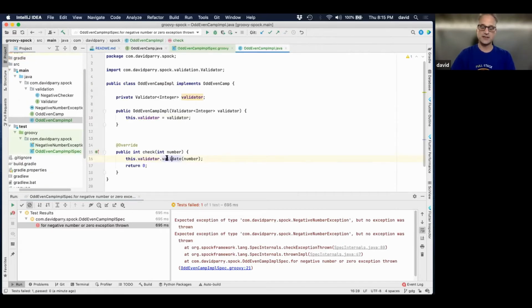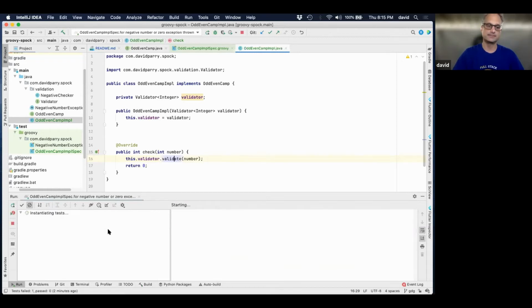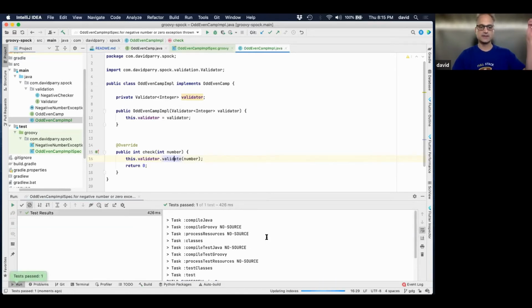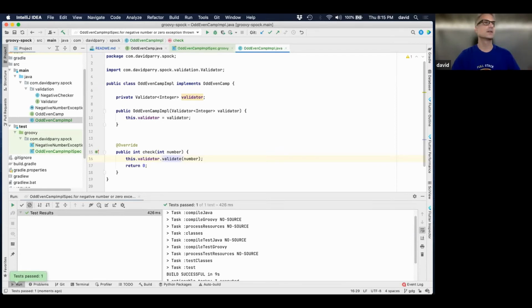And so you can see this. So I pass this in and this is going to throw that exception for me. So I'm going to go ahead and run this and we should see green if all else works. And the demo gods have gotten their validations correct from this week. And yes, they do. So this is awesome. Test passed.